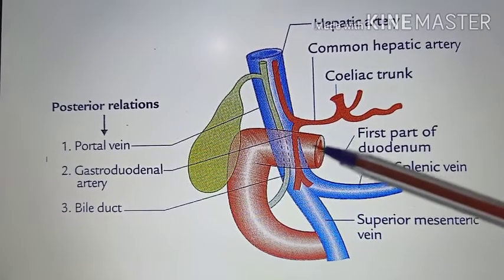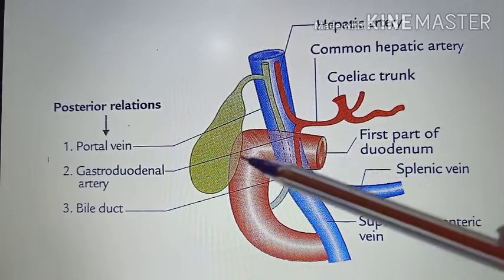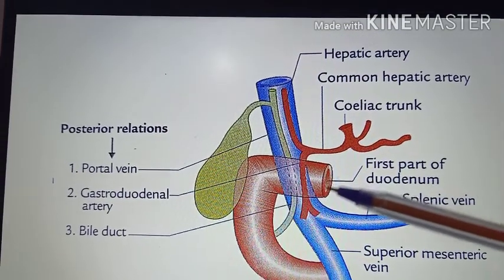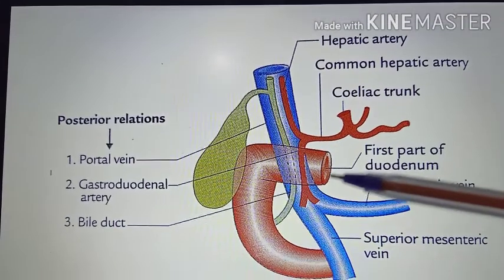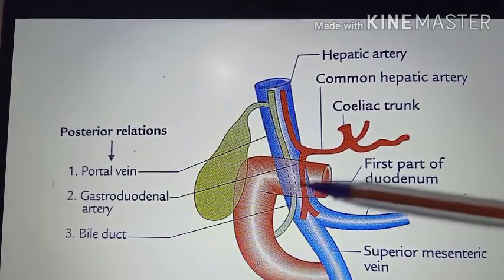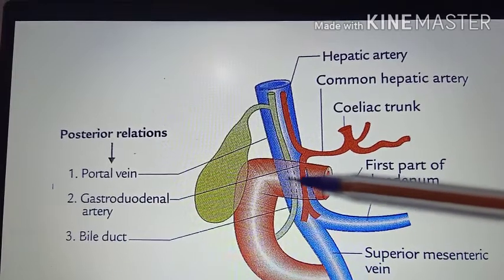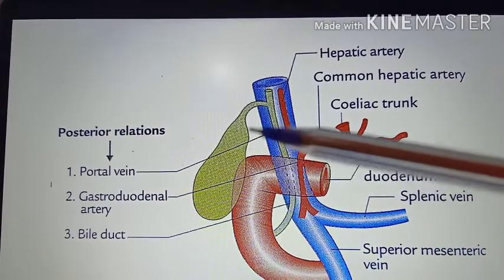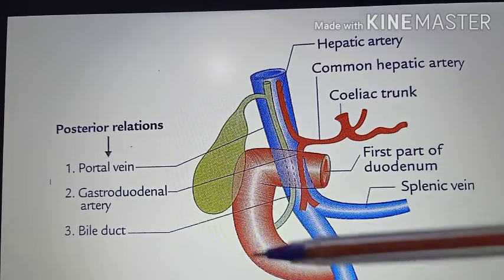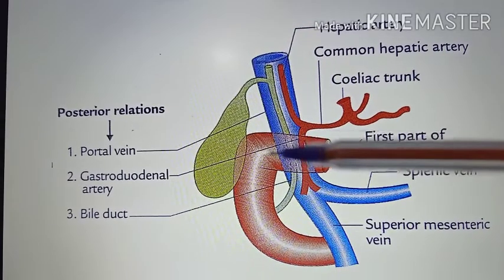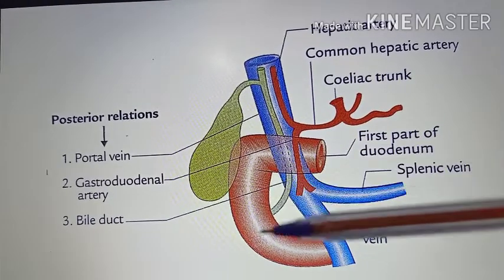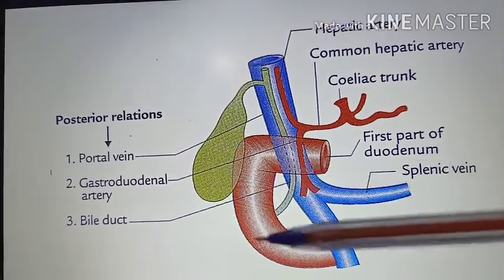Coming to this first part of the duodenum, from here to here, it begins at the pylorus of the stomach. Then it passes upwards, backwards and laterally to the right side of the vertebral column. Later, it reaches the neck of the gallbladder, where it curves downwards at the superior duodenal flexure to become continuous with the second part of the duodenum.